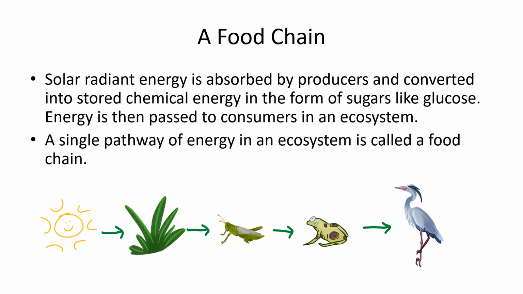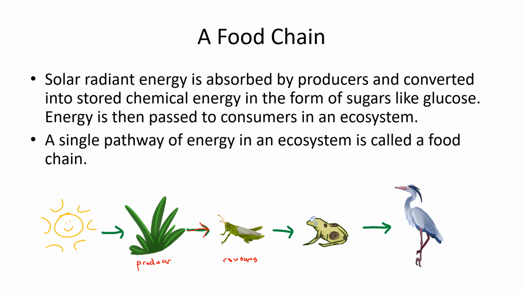And a food chain is a diagram that shows the flow of energy from a source to the organism that is being provided with it. So of course the sun is our ultimate source of energy, and so energy comes from the sun and is picked up by this producer here, the grass. And then the grasshopper consumes the energy from the grass by eating it, and so that's why you show the arrow going from the grass